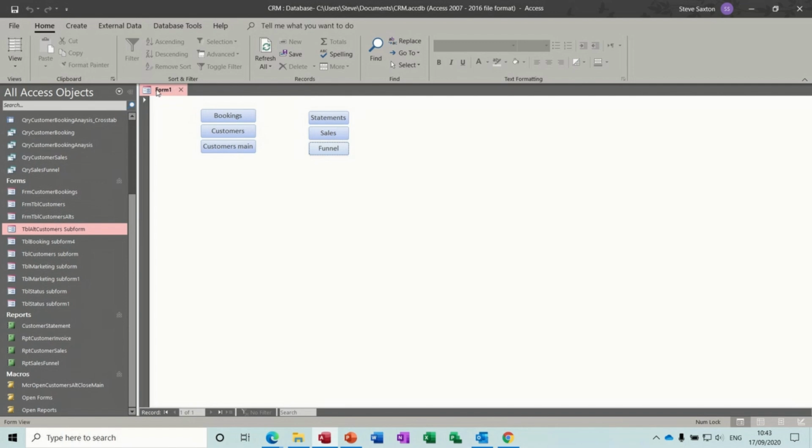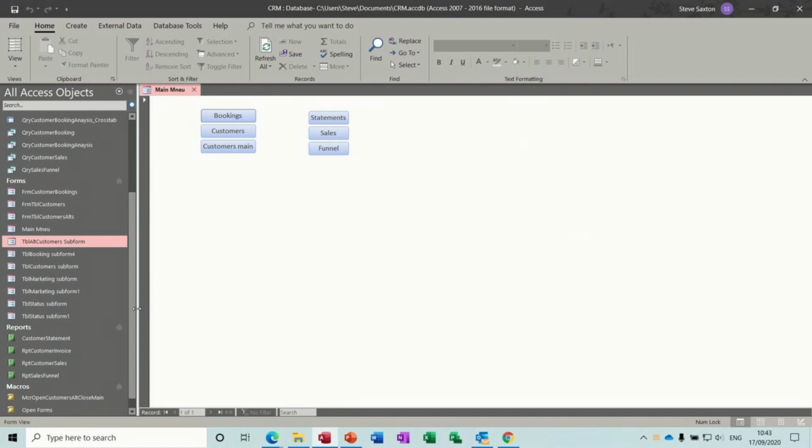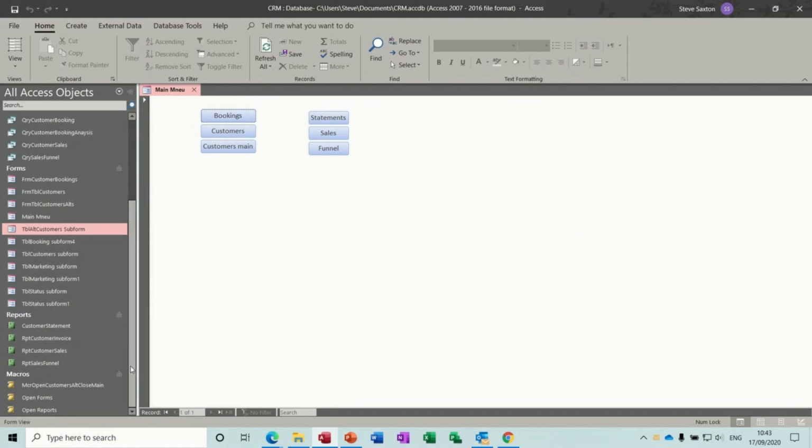Now you need to save this as main menu. Save main menu, and then you've got that set ready to go. Now what I would normally do is, because what's going to happen is when I click on bookings, it leaves main menu open. What I should have done is got the macro to close main menu on the back of these. So if I just go into the bookings one and try and do that, so open forms it was,